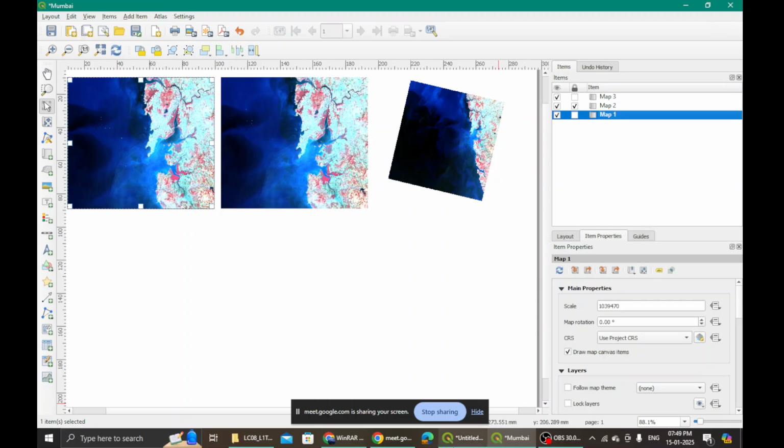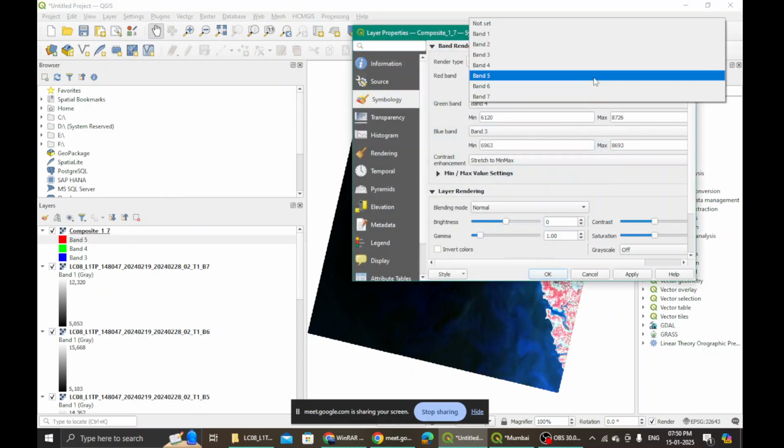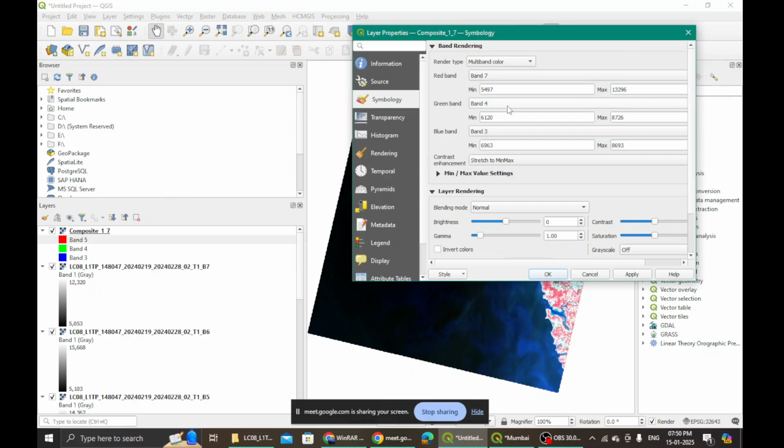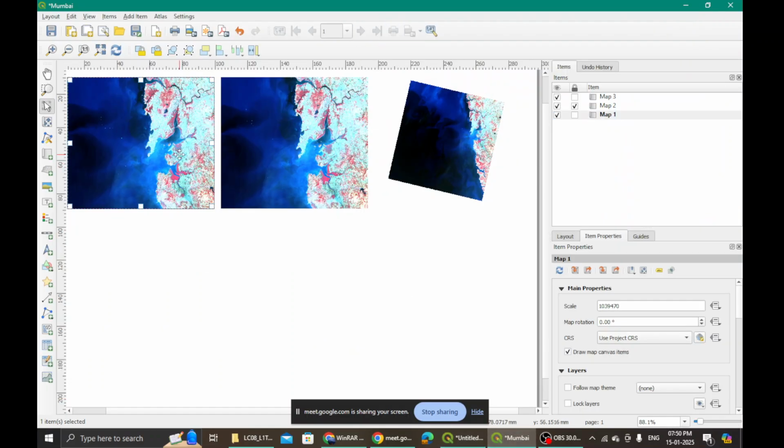So my map one, let me just change this. I come back here. What was the band composite that I needed? 764. 7, 6, 4. Okay, apply. Okay. Then I come back here, click on it.